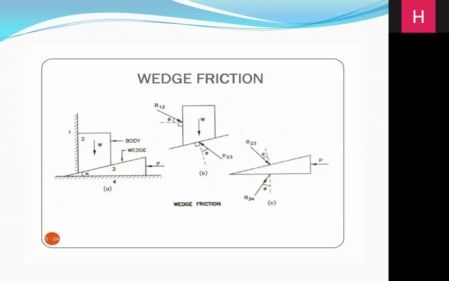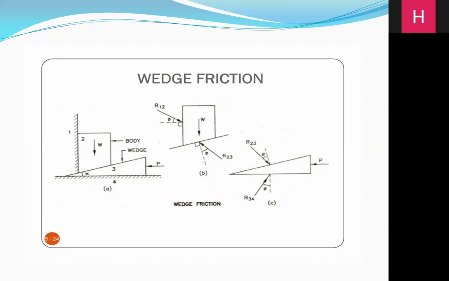Coming to the first figure, you can observe this is a slant. We take the downside part, which is here. It is in a triangular shape, as we saw in the first. The first part is the wedge, and the second part which is attached to the wedge is the body, in which the weight is in the downward direction as we see here. This is the support to the body and this is the support to the wedge, and P is the applied force to the wedge as we see in the first figure.